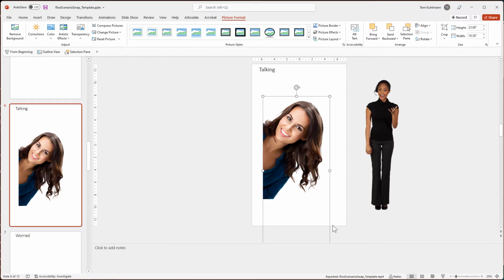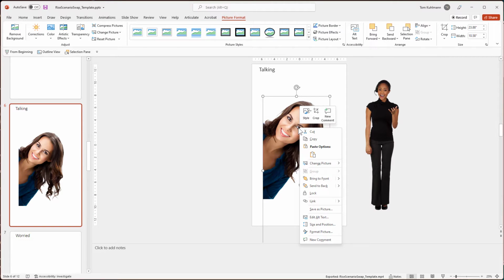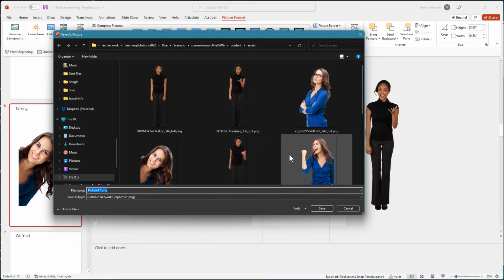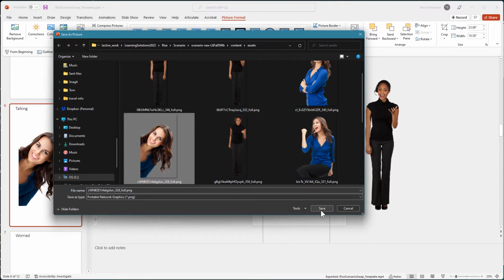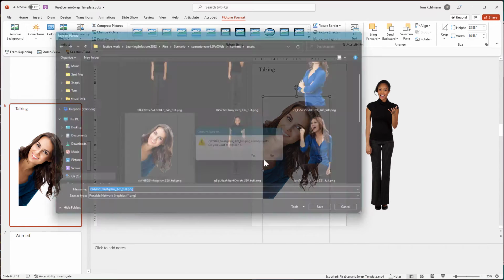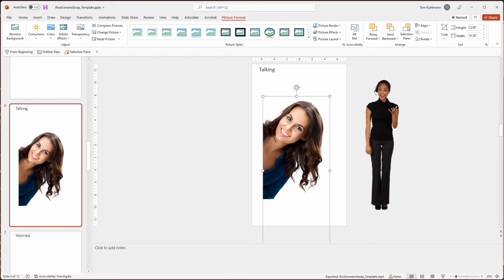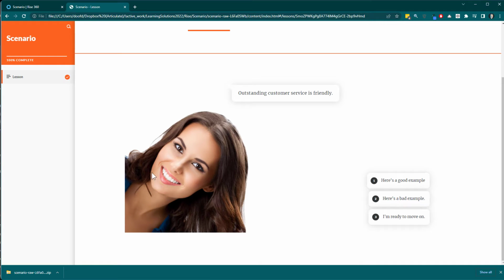So you can see now I've got this empty space here. I'm going to right click. This was on talking. We're going to save as picture. Let's go ahead and find our talking picture. Well, there it is. Go ahead and save that. And let's come back to the course and see what that looked like. So that's what it looked like here. So you kind of just barely got her shoulder, just kind of just her